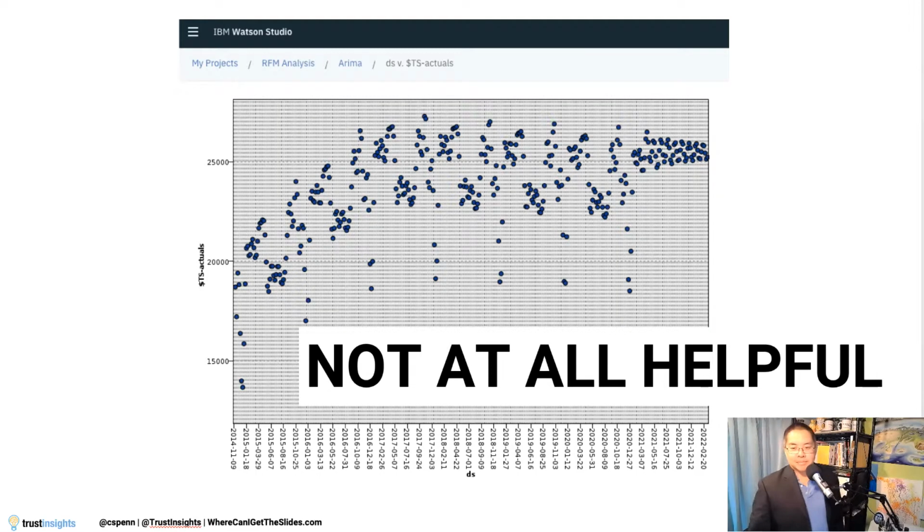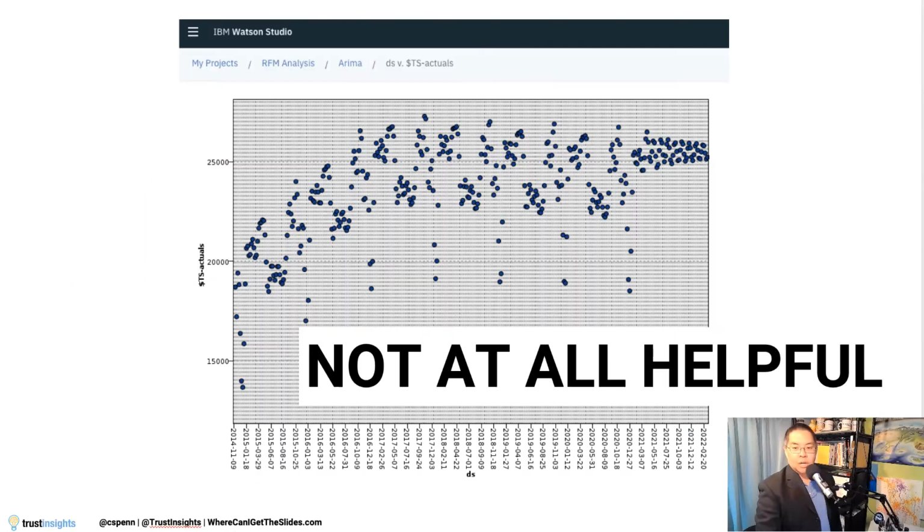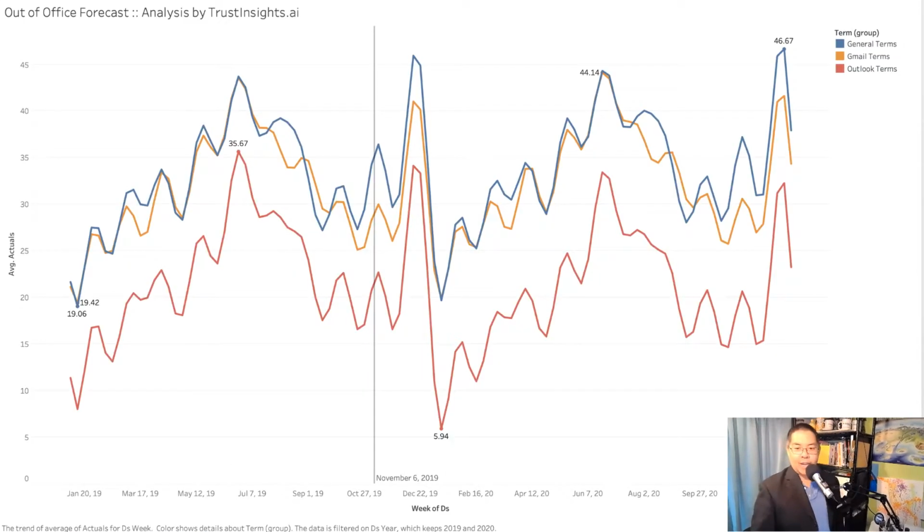What did we get? Well, that's what comes out of Watson Studio, right? That's not super helpful, right? It is technically correct. But remember, analytics without action. This is why you wouldn't take action. You're like, what the heck does this say? So we need to take it into a tool that can refine the data a little bit. Something like, in this case, I'm using Tableau software, but there are a bunch of other tools that can take this raw output and refine it.